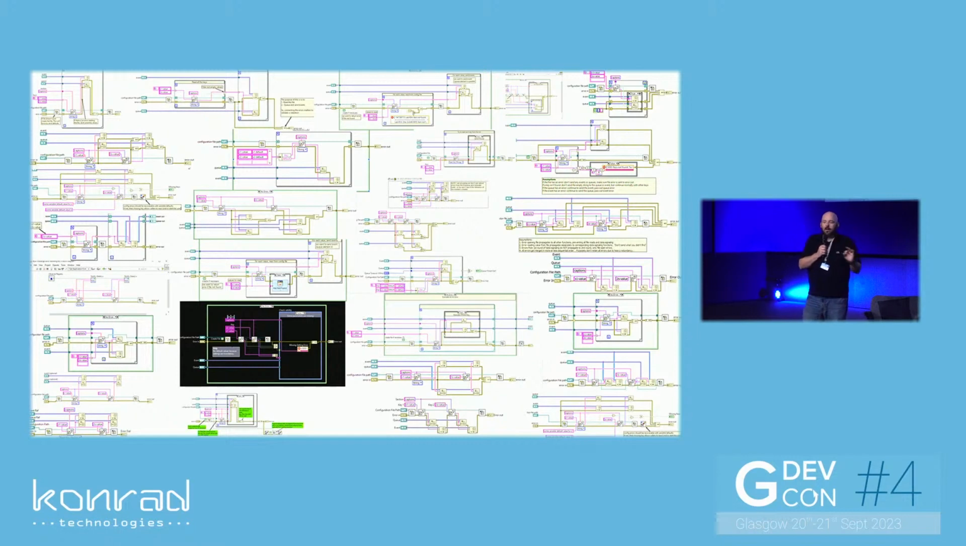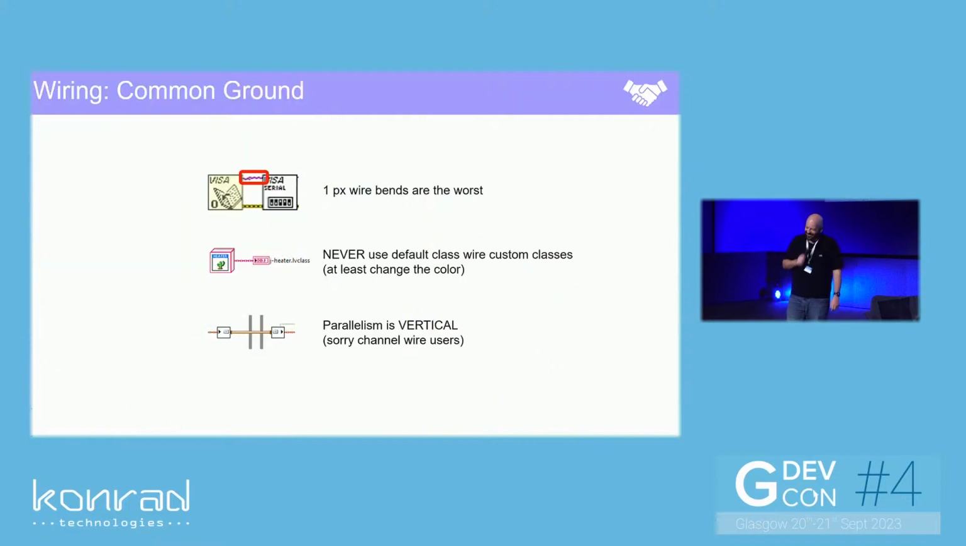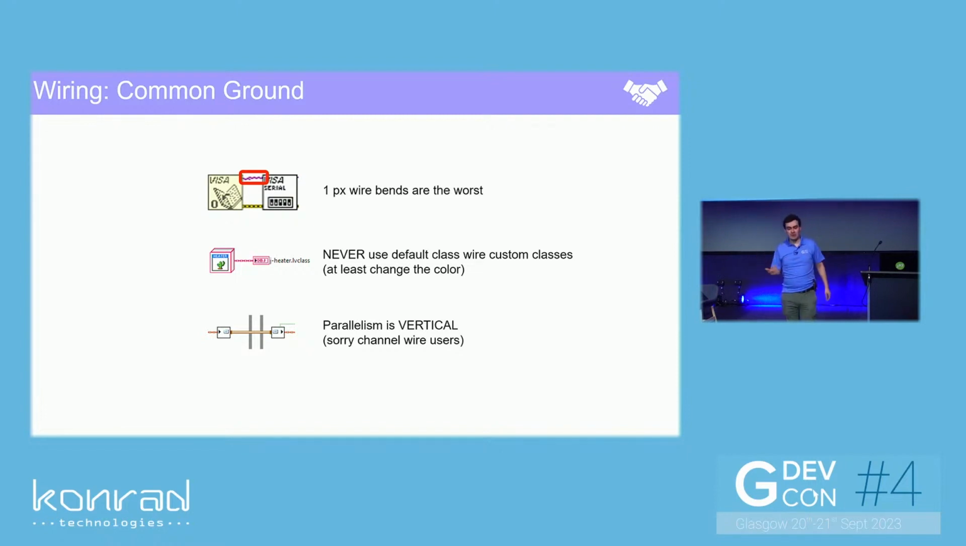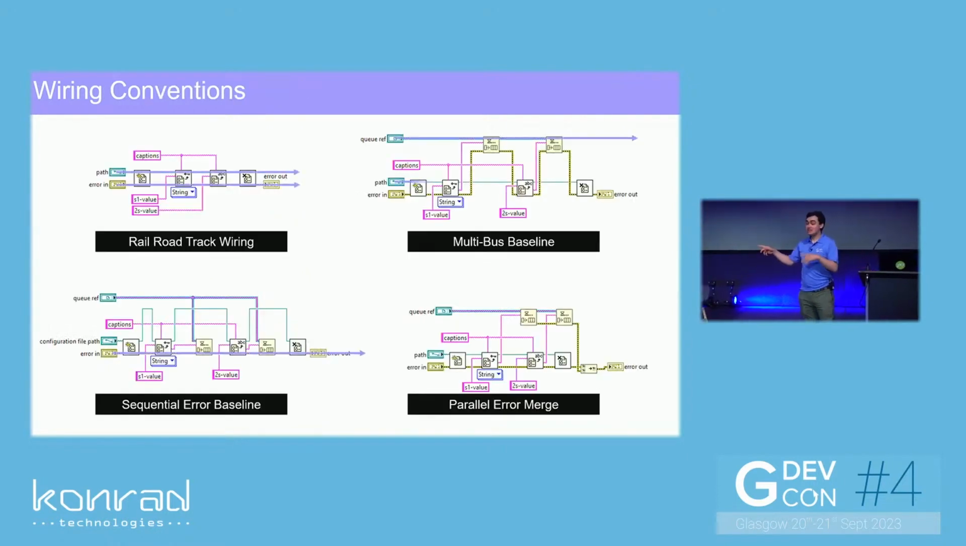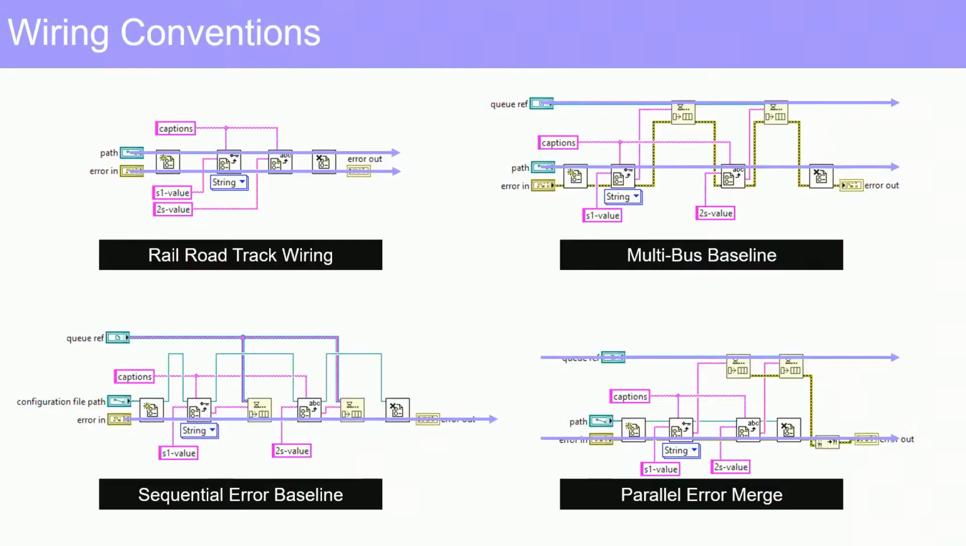And so we want to introduce a few terms to talk about wiring in a few slides' time, so we have common ground that everyone seemed to agree with. Don't have one pixel wire bends, and to not have those, keep your 4224. And with all apologies to Jeff K, parallelism is vertical, not horizontal. So sorry, channel wire, not this time. What's that one? Oh yeah, change the color of your objects. Absolutely. Oh yeah, so here's our wiring conventions, these are the 4 categories everyone seemed to fit into: railroad,